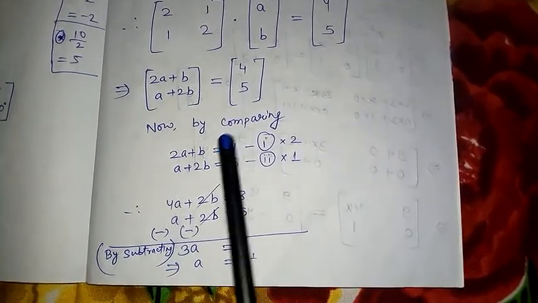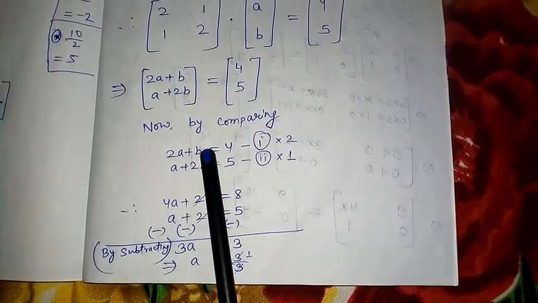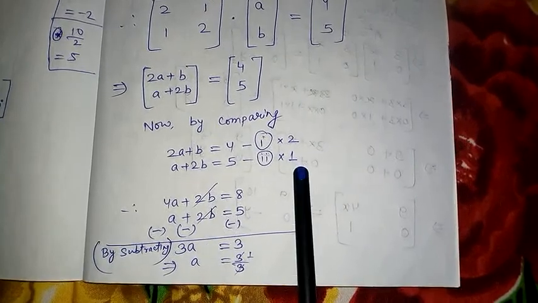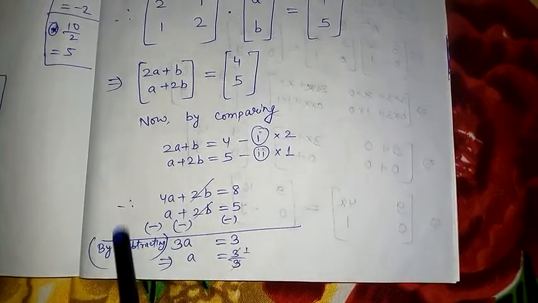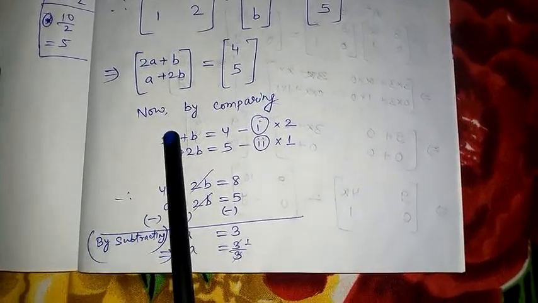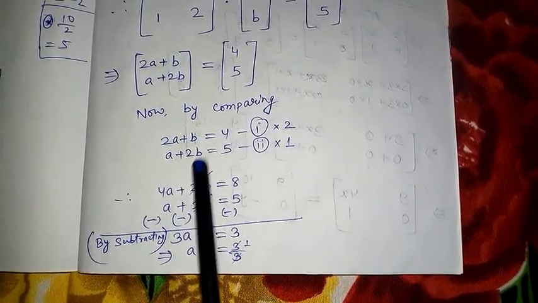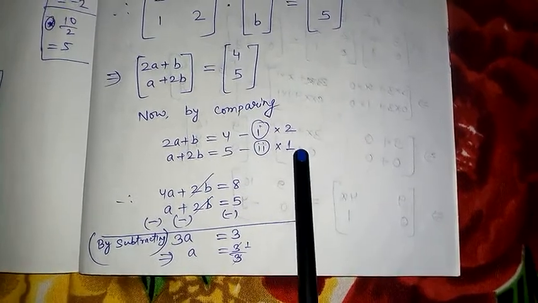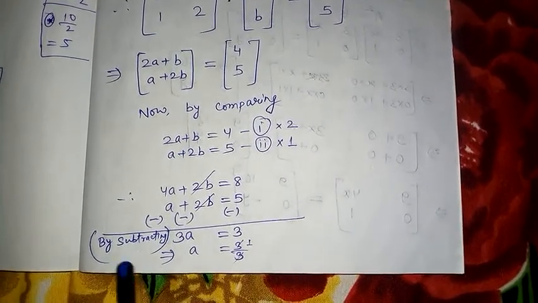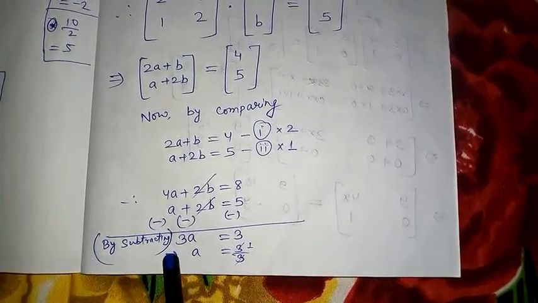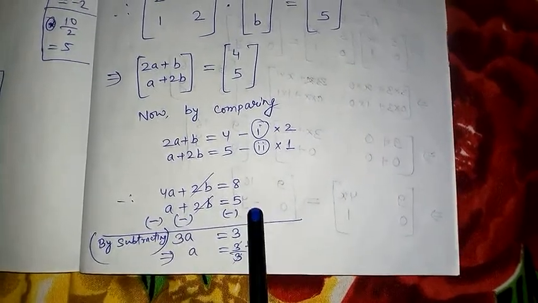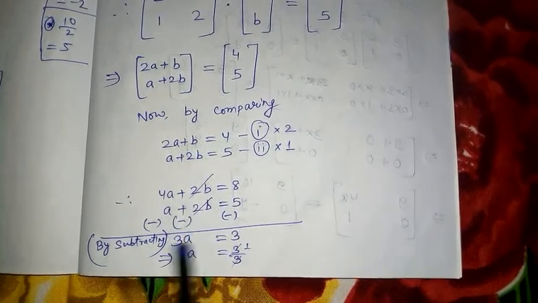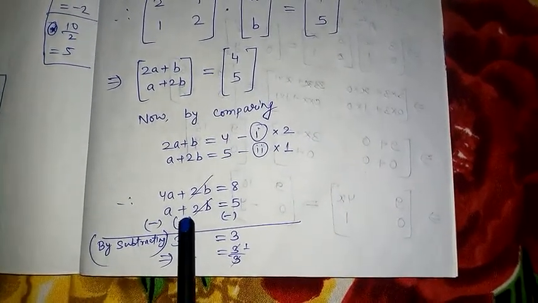Now to find the values of A and B, we will use the elimination method from class 9. Here I want to cancel B. So I am multiplying equation 1 with 2, equation 2 with 1. After multiplication I got this result: 2 2s are 4A plus 2B equal to 4 2s are 8. Multiplying with 1 we get the same. It's time to subtract. To cancel the same B we need plus minus, but we had plus plus. So by subtracting we got minus.